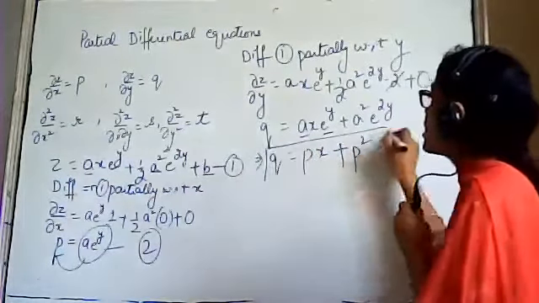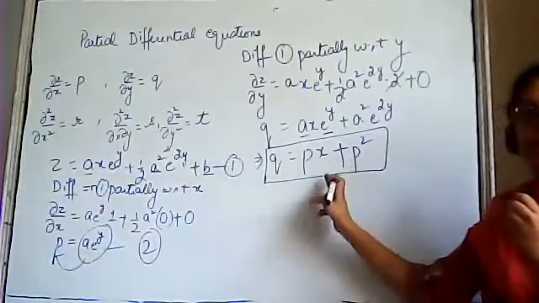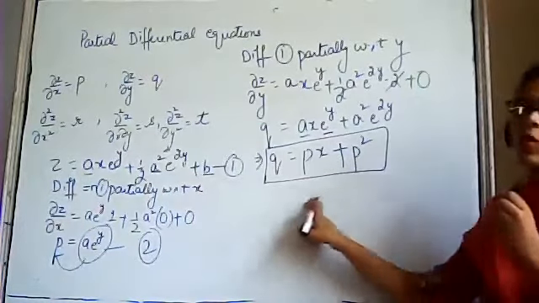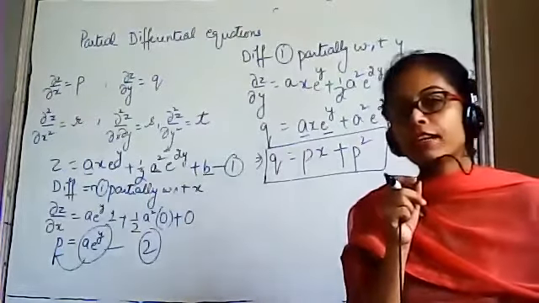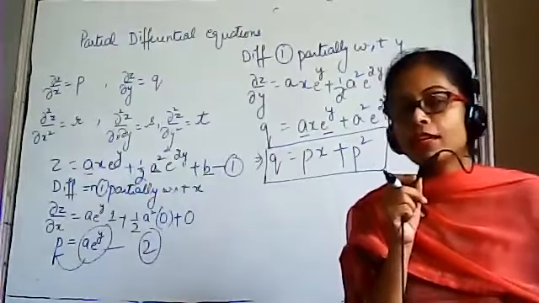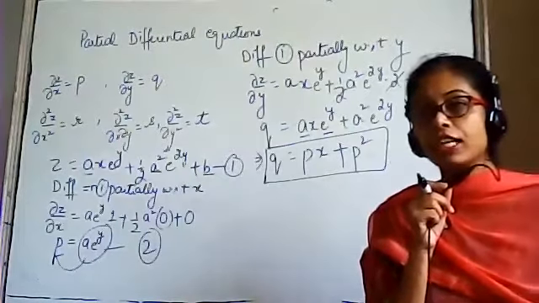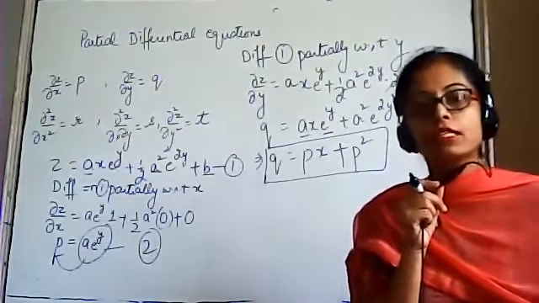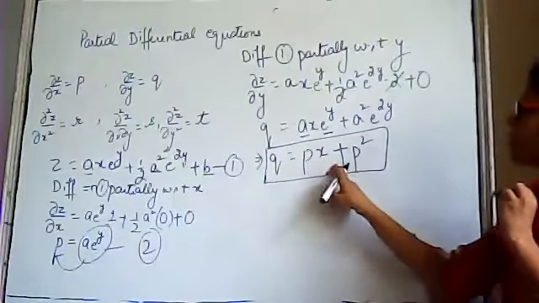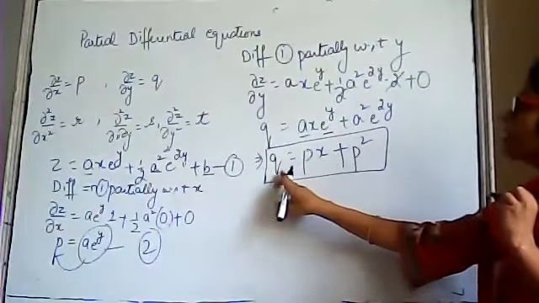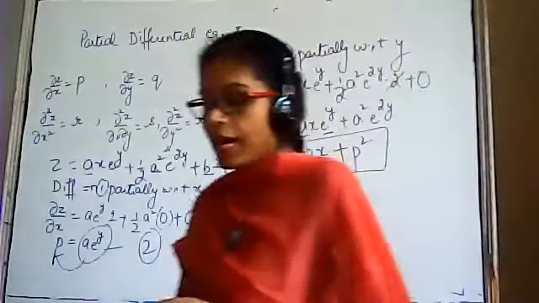Now see, in this equation, we are having the differential coefficients as well as this equation is independent of the constants. So this is our required differential equation. Whenever we have to form the partial differential equation, we have to take care of one thing only, that the equation must contain the partial derivatives and it must be free from constants. There should be no constant in the equation. So this equation is free from the constants, and this equation is having ∂z/∂y and ∂z/∂x. Right? Any doubts, beta?